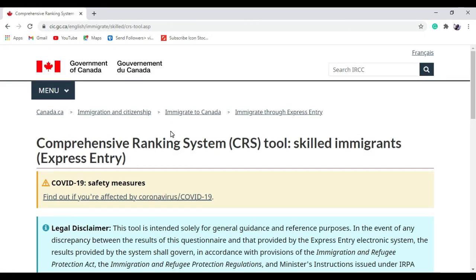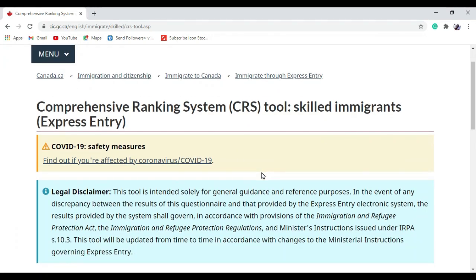So now we have come to the Canadian government website page for the CRS tool. You can see this website is also there in French language. So the people who don't know English can switch to French if they know the French language. Now we will go one by one with the details of the CRS tool on this website.